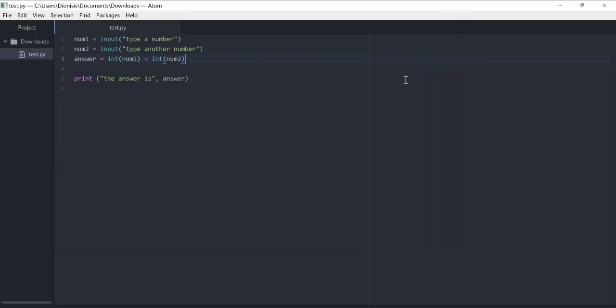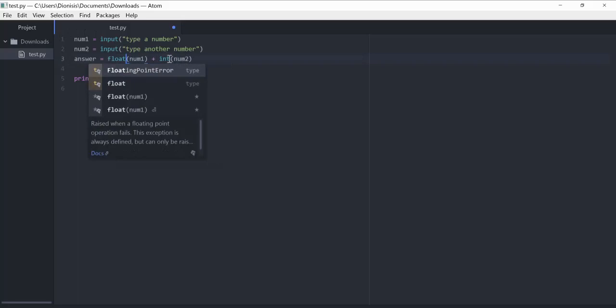Why did we get this error? Because we set each of these variables, num1 and num2, as integer numbers. So we need to set them to float,